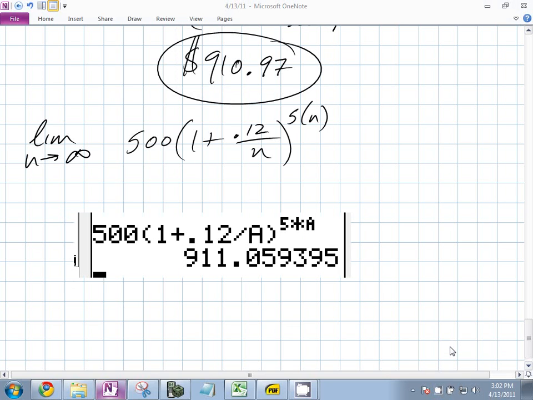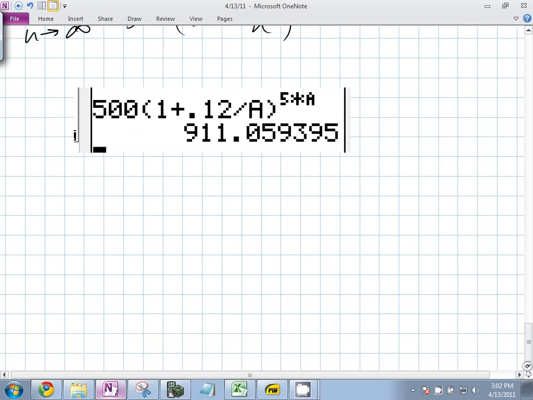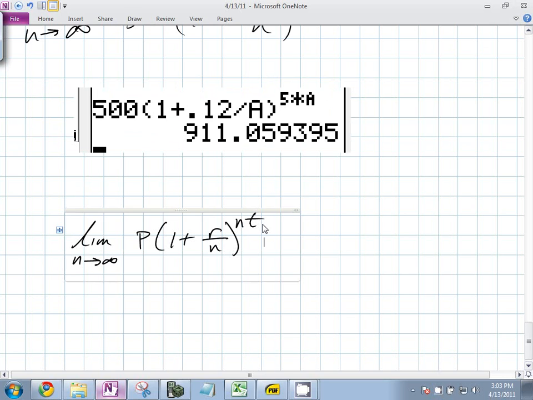If you're doing it continuously, this is what it looks like, everybody. And this is the general equation. It's not something we're proving because you are not there yet in order to prove it. But it looks like this. The limit as n goes to infinity of P times 1 plus r over n to the nt. P is principal, r is the interest rate, n is the number of times compounded per year. That equals P times e to the rt. So the maximum amount of money you can make if it's compounded continuously is